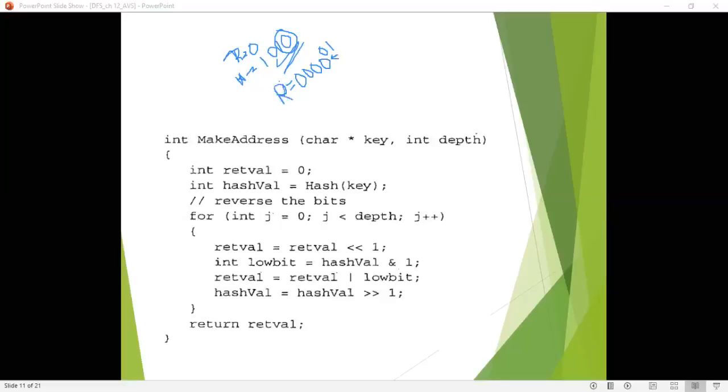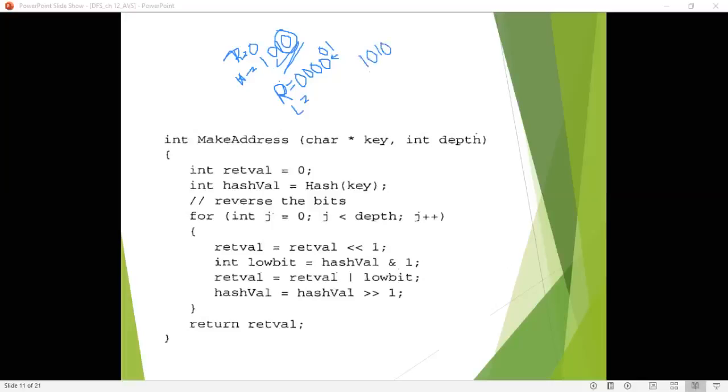Then next, low bit L, in the second line of the for loop, is hash value AND 1. That means you perform the AND on the hash value with 1. What is the hash value now? Hash of key, the key which we generated, that is 1 0 1 0.